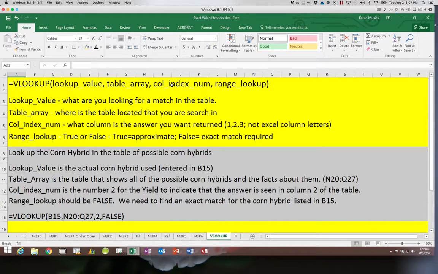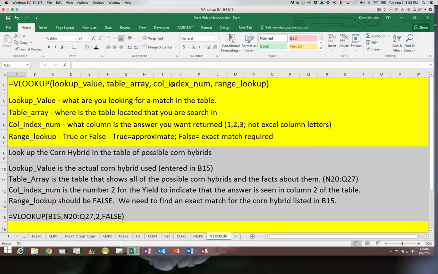So for example, if I were working with a grading table and I said this individual's score is 91.5, then I would tell it to find the closest match to that number and tell me what grade the individual had. So if that was an A minus, then that would pull in